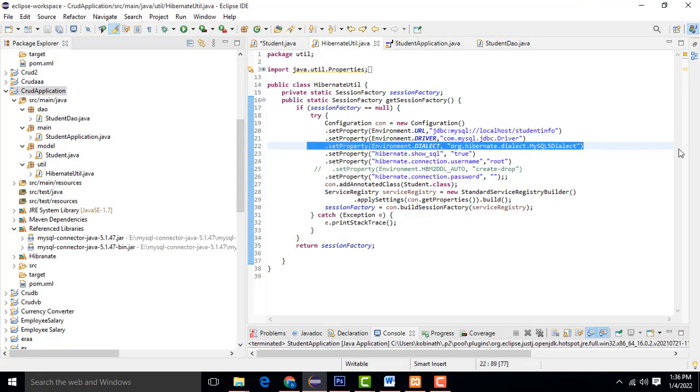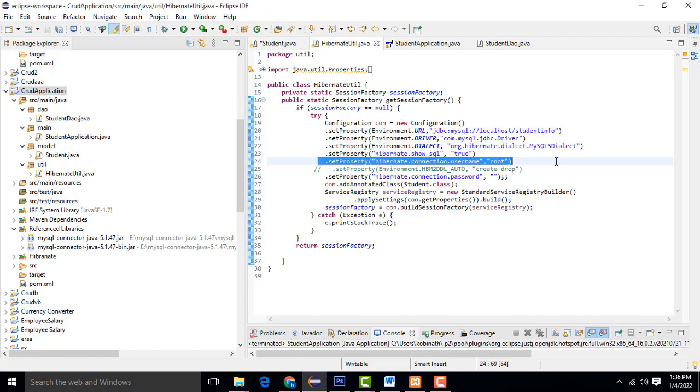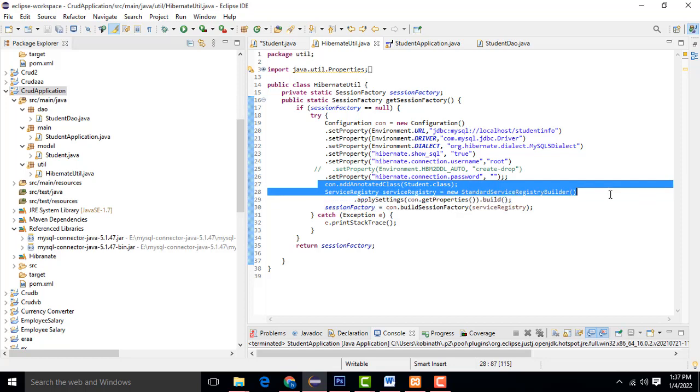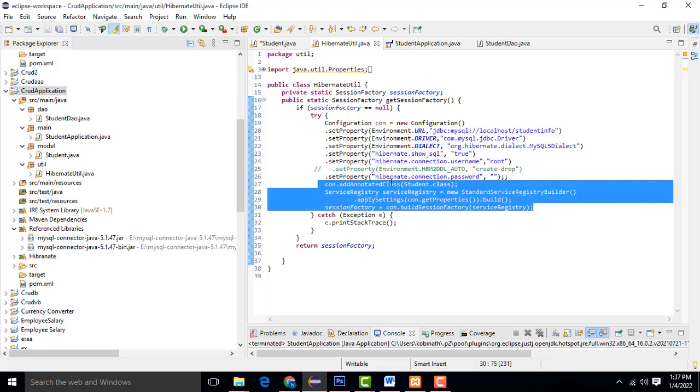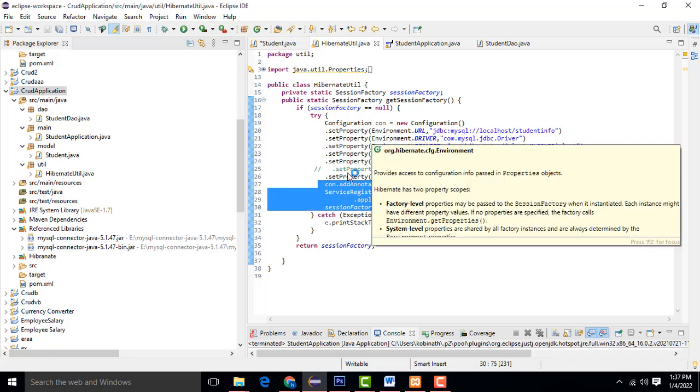It is Hibernate. Here you also have the Hibernate properties. You have to add the Hibernate property, which is the username and password of MySQL. When I installed my MySQL server, my username is root and the password is blank. I have set it like this. If you provided a username and password while installing, use the same username and password you gave. After that, set the same things, all the properties you set when configuring Hibernate.